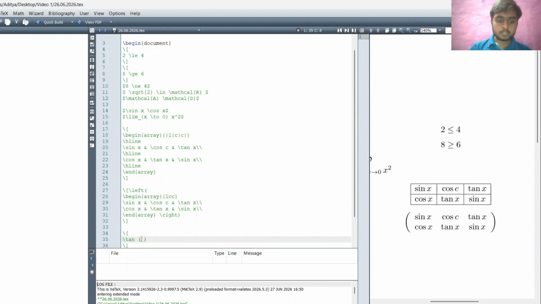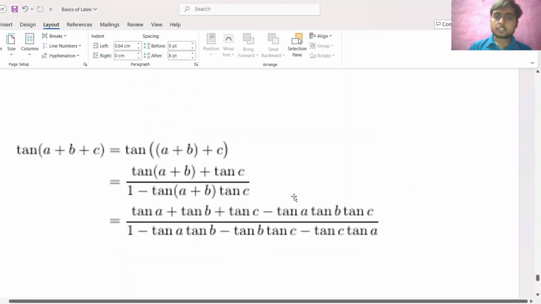So tan a plus b plus c equals to tan of a plus b plus c. I think that's all we have done here.